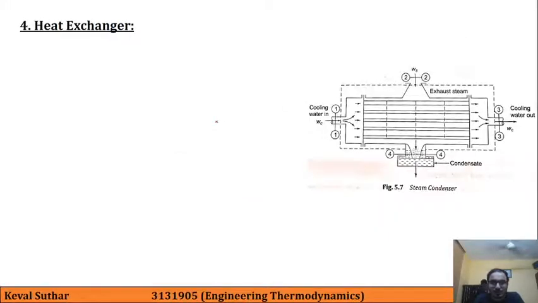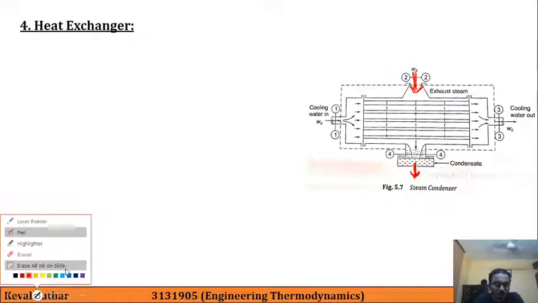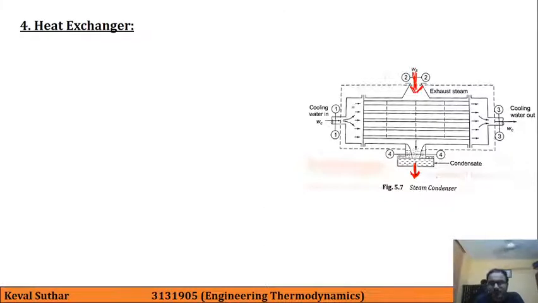So if you see, if we need to show the flow of hot and cold, then this is the steam which is hot, and here we are getting this output, and the cold fluid which is water is passing through these pipes.